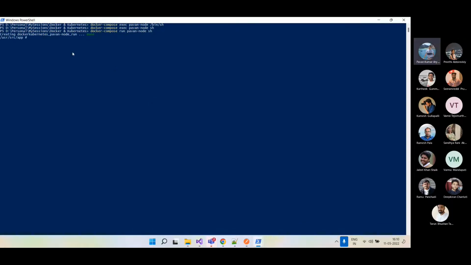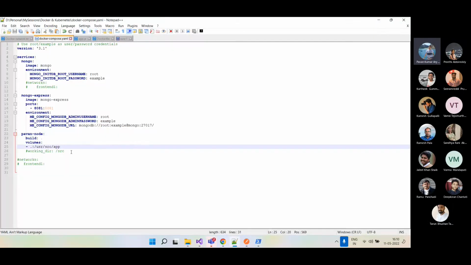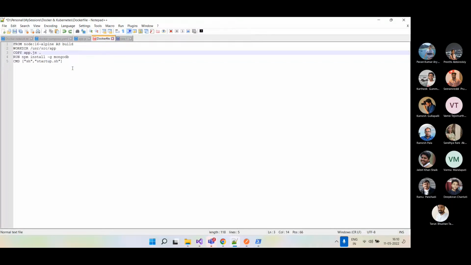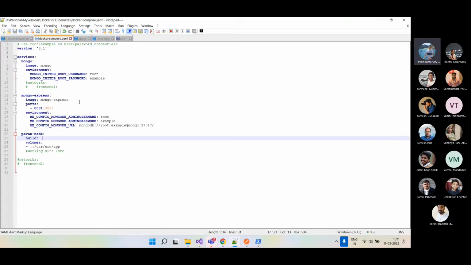Okay, so this is something new. My problem statement is something like this: I wanted to build this container and this particular Docker image. It is supposed to run this node app.js file, right? So what is happening? Using Docker Compose, what is